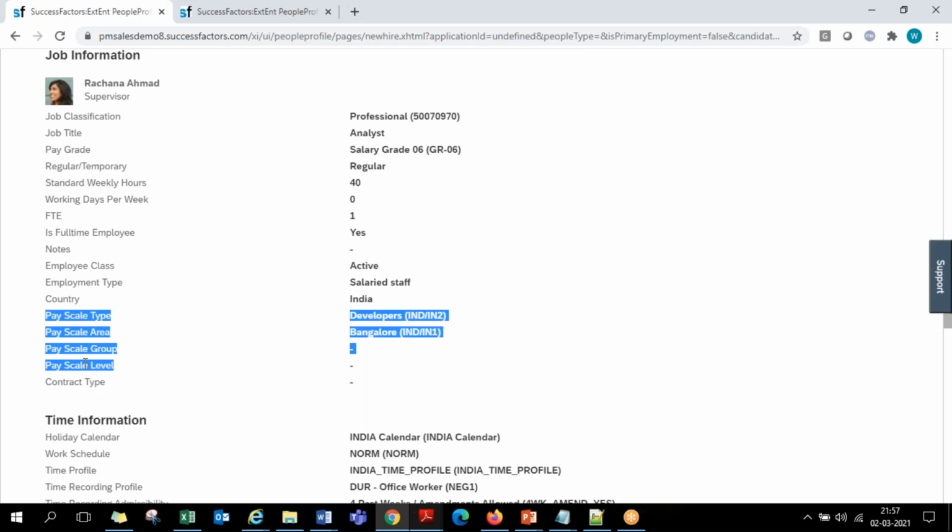There, the payroll processing will happen. Finally, the payroll target system is where the data reaches. Further, what all data I have to capture here in an HR system, the customer has to provide me all the details, and I'll maintain them. As per standard SF, they have already given these fields corresponding to SAP HCM. So pay scale, type, area, group level, and employee group and subgroup. The way we have employee group and subgroup in SAP HCM, here we call them employee class and employment type.